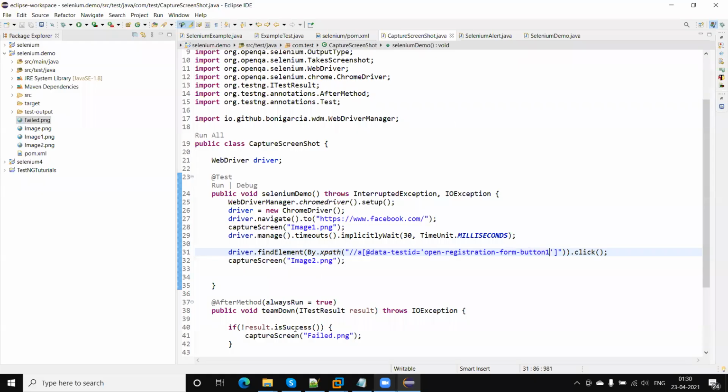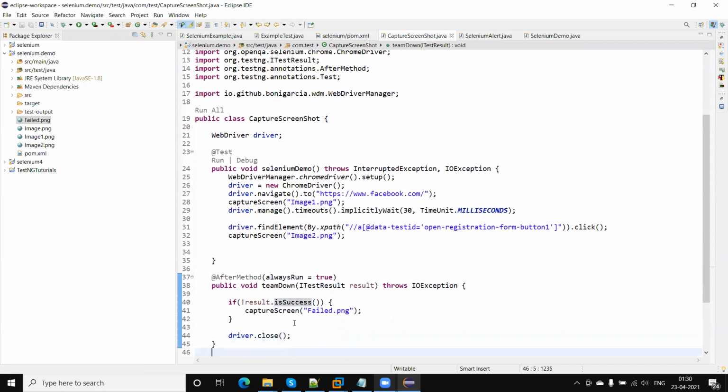Okay, so now the question is, currently I'm giving fail.png, so the name is hard coded here. We are running multiple tests in one Java file. So if we fix the PNG file name in the tearDown method, then this will be overridden with the latest file. So in that case, how do we make this dynamic?